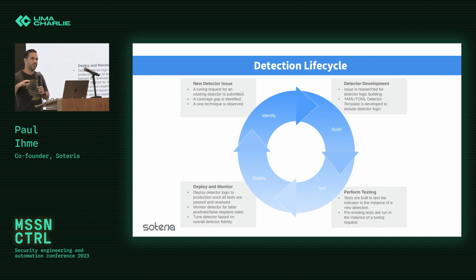Have the ability for really anyone on your team to be able to submit an idea, right? And you have to kind of quality control those types of things, but you want to be able to have these ideas flowing in very freely and map those coverage gaps, right? And you have to enforce some standards that we'll talk about there as well. Next, you go and develop the detection logic, right? So whatever language, YAML, JSON, SQL, whatever, build out this detector development.